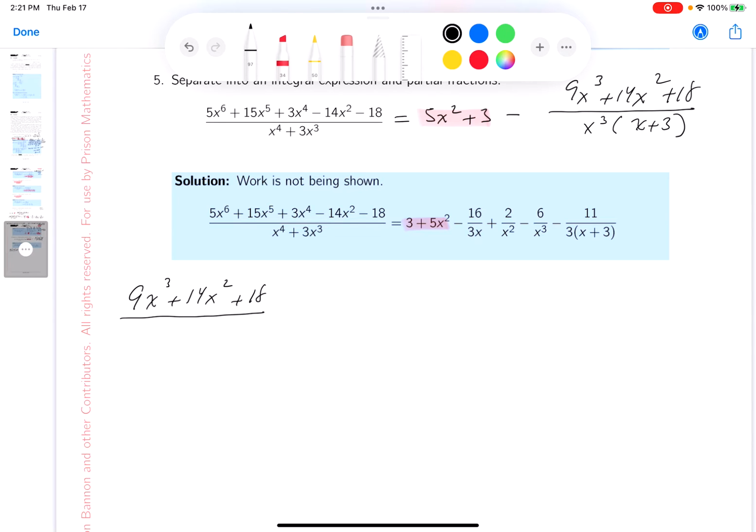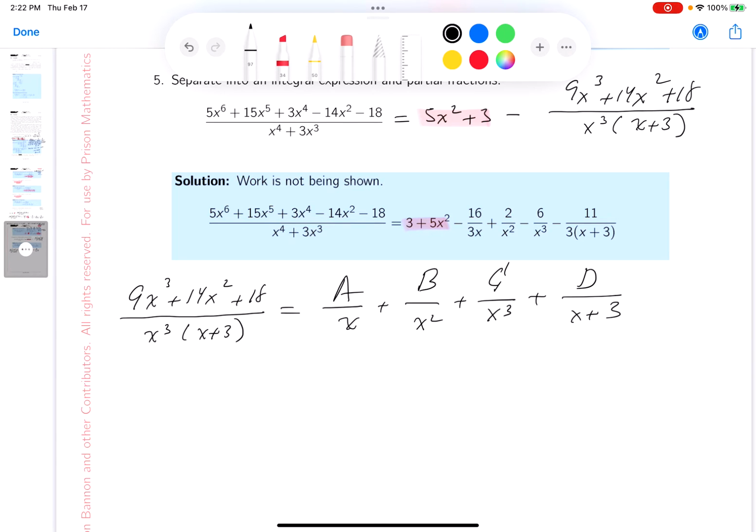We're really back in the prior section now. That's going to be x cubed over x plus 3. Well, here comes my trouble. I got an x squared, an x cubed, and an x plus 3. So what I do is multiply both sides by the LCD. You get 9x cubed plus 14x squared plus 18 equals A x squared times x plus 3